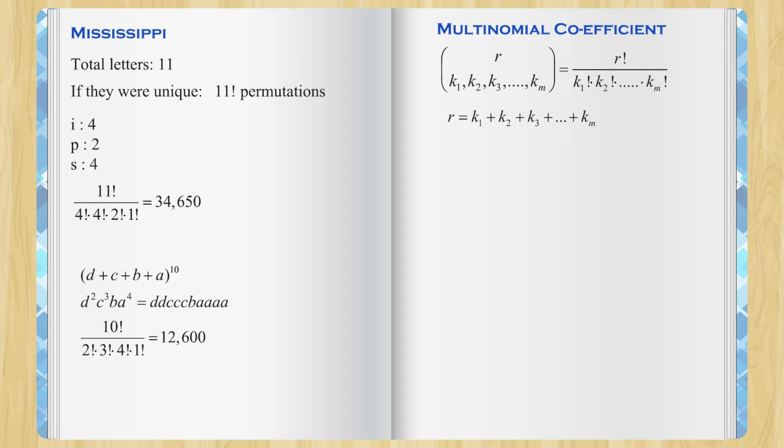But of course, this would just be one coefficient in the expansion. And there would be 286 different terms in that expansion. How do we know this? Well, let's investigate how this is determined. If we want to expand the polynomial, such as d plus c plus b plus a, that quantity to the 10th power,